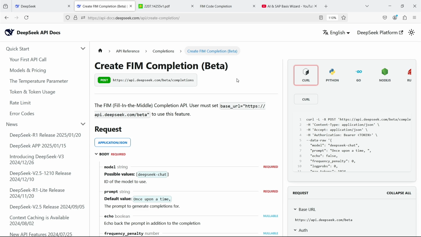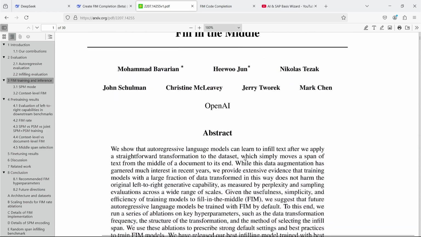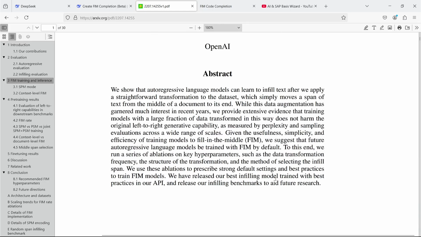If you're familiar with how large language models operate, you'll know that they excel at predicting the next token based on the beginning of the text. However, figuring out what's in the middle isn't really their nature. But you can actually train a language model for this task pretty easily. OpenAI put out a nice paper in 2022, so if you're curious about the details, I highly recommend checking it out. I won't go too deeply into the details here, but the idea behind this learning technique is quite interesting.